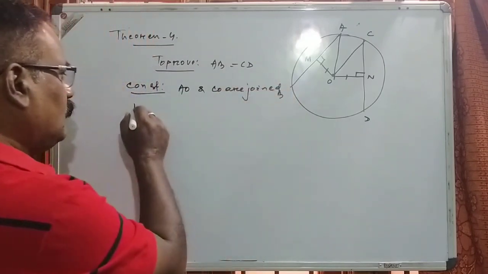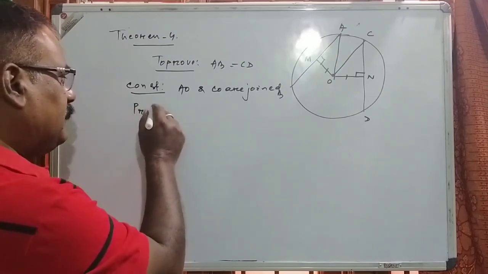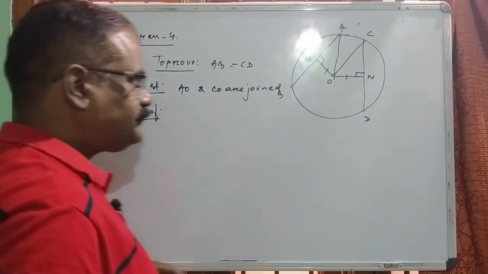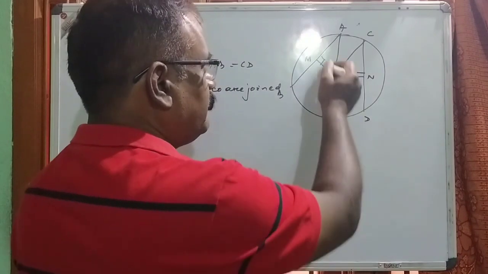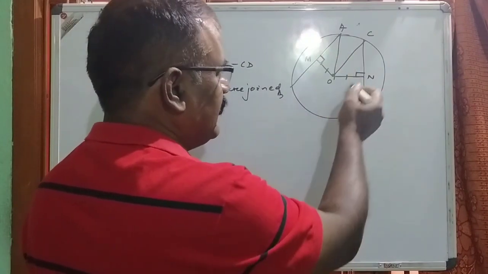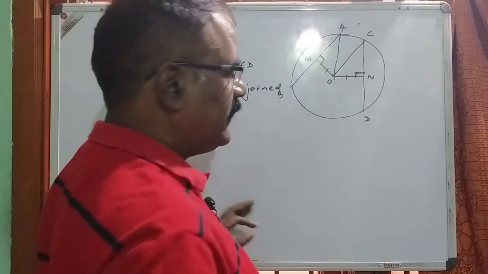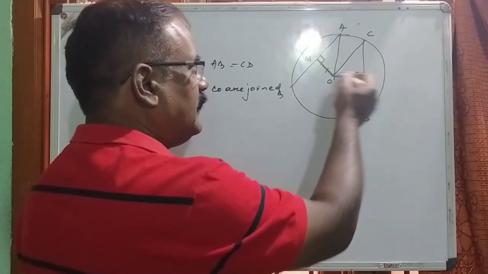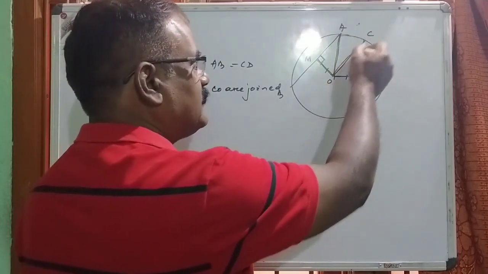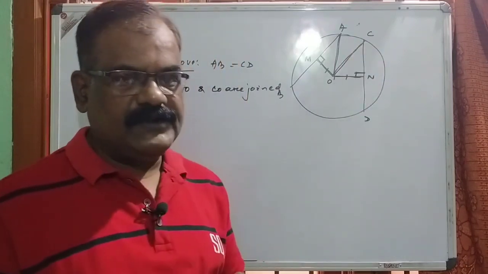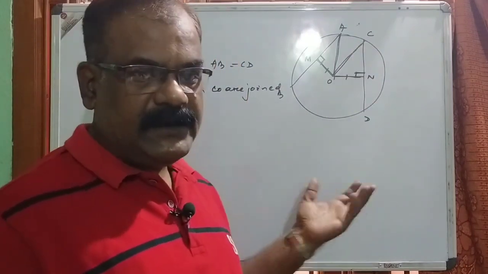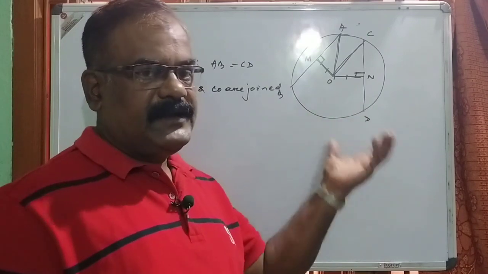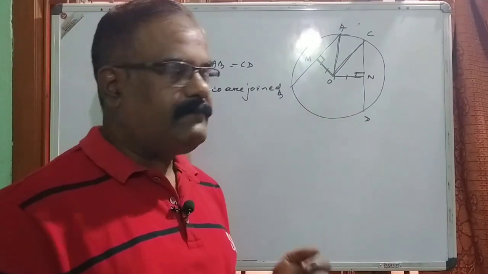And then we have to prove, just in a reverse manner, now we have to prove. Now here two things are given. This is a right angle, this is also a right angle, 90 degrees that we have got. And these two sides are also given. And these two radii are also equal. So therefore already everything is given in the statement as well as in the construction that we have drawn.